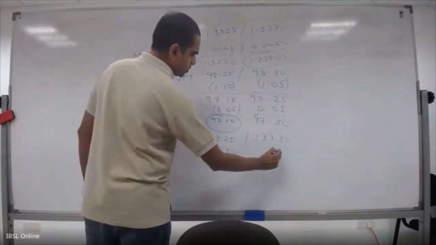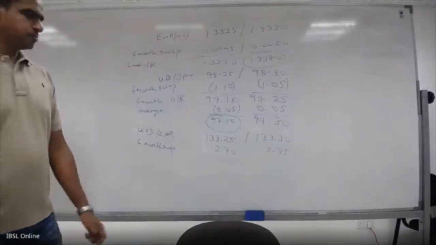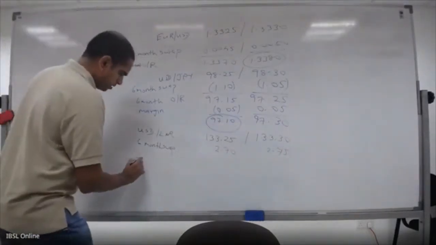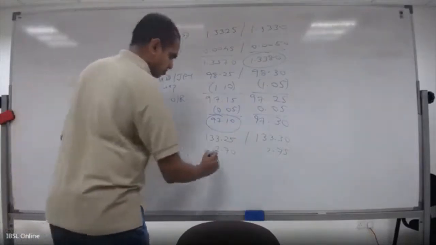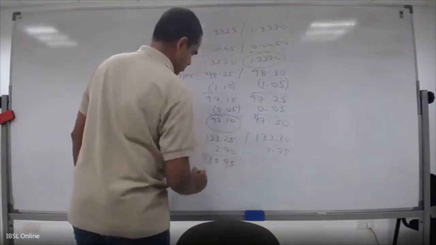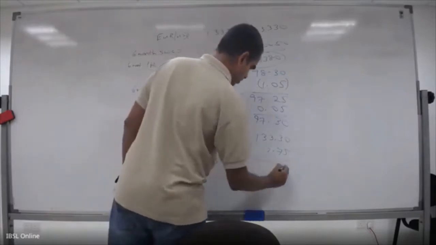$270, $275, both divided by 100. It's 2 decimals, and it is lower than offer, so it is plus. For the 6 month outright, $133.95, and we have